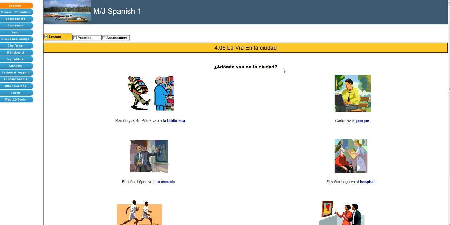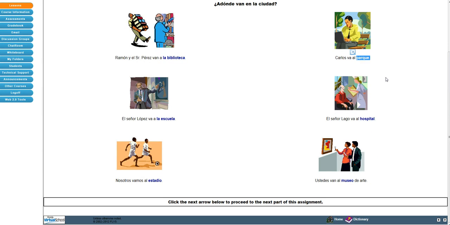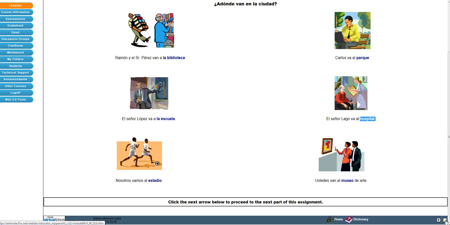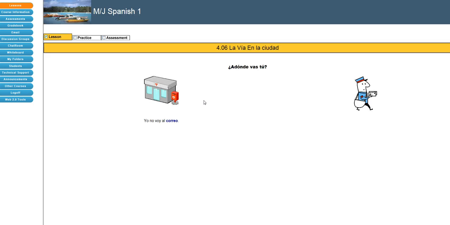So other places that you can go to en la ciudad, in the city. We've got la biblioteca. Okay, you see lots of books, so you can narrow it down. It's either going to be a bookstore or a library. In this case, it's a library. We've got a repetition here, parque. You already know escuela is school. Estadio, it's a cognate. So, of course, you can figure out that it's a stadium, and they're playing a sport there, okay? And un museo is also a cognate, as well as hospital. So, you know, if you look carefully, these aren't too hard to figure out. Make sure you write down all of those places. Practice listening and spelling them.